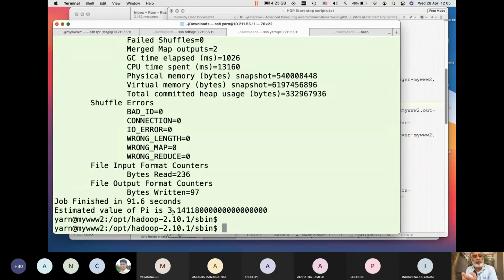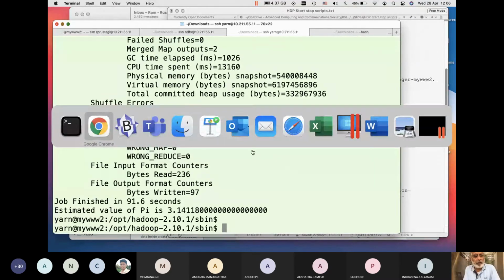When we ran with 1,000 samples, we got 3.144. With 10,000 points, we got 3.1428. So if we run with a larger number of samples, you probably get a better value. On a single cluster setup, you can probably run with 2 nodes or 4 nodes, but running with more than 4 nodes, you'll probably run out of memory. So don't even try that. Any questions about running this Pi program? I've given you the logic. You understood the logic. Any questions on that?